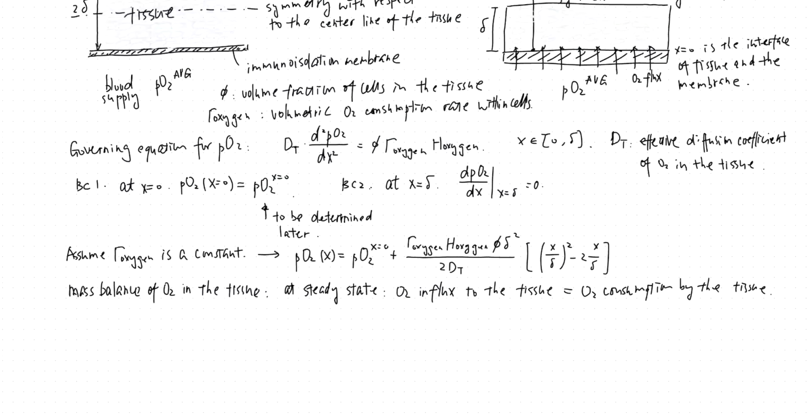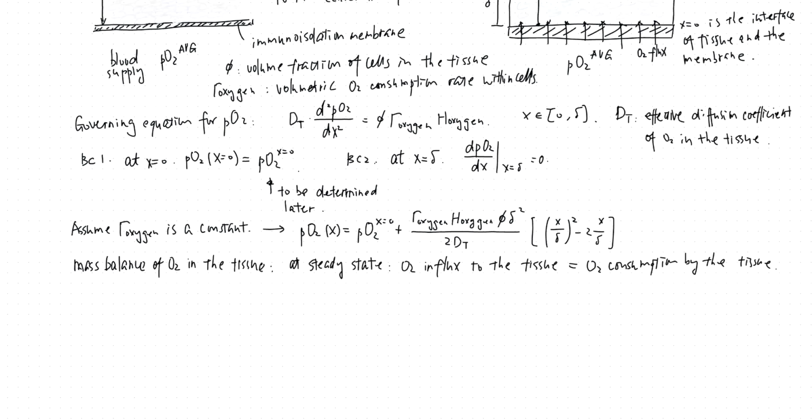So since we know that on the other side of the membrane, PO2 average is given. And we don't know PO2 at x equal to 0. But we can relate the flux by considering the difference of these. So that means the mass of oxygen, dot,